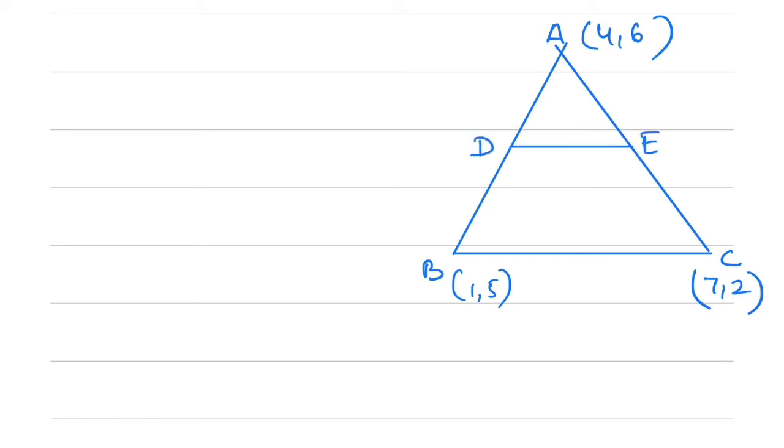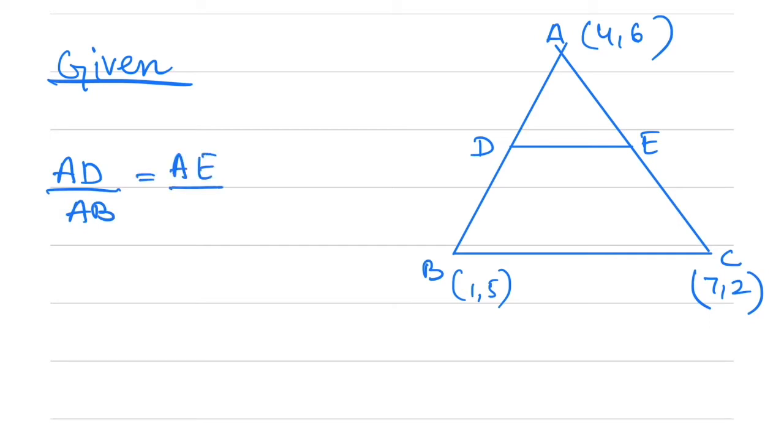D and E are given. AD by AB is equal to AE by AC is equal to 1 by 3. Now we have to calculate the area of triangle ADE and we have to compare it with the area of